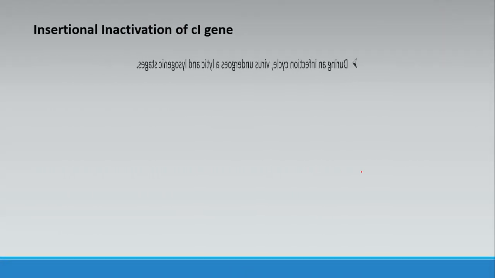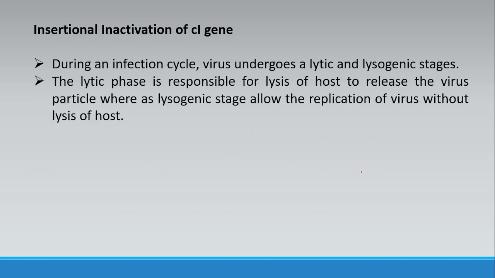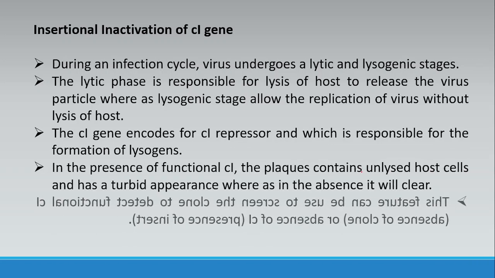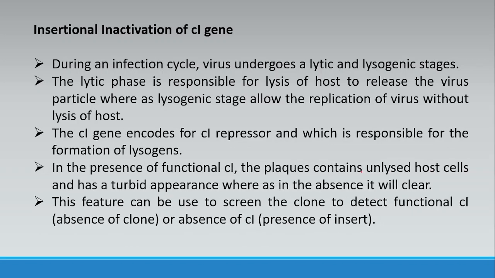Now if you are using a phage vector, the gene that is chosen is your cI gene. This cI gene decides whether a lytic or lysogenic stage is undergone by the virus in a bacterial host. The cI gene encodes for the cI repressor and it is responsible for the formation of lysogens. In the presence of a functional cI, the plaque, that is the growth of the virus on a bacterial cell,